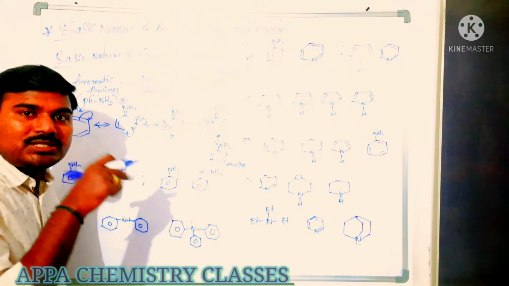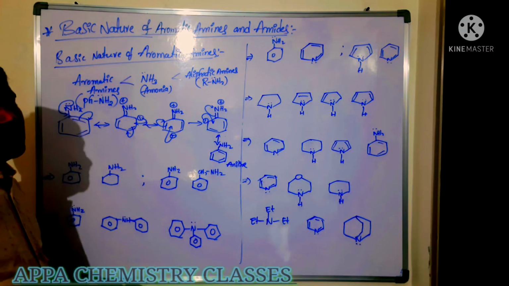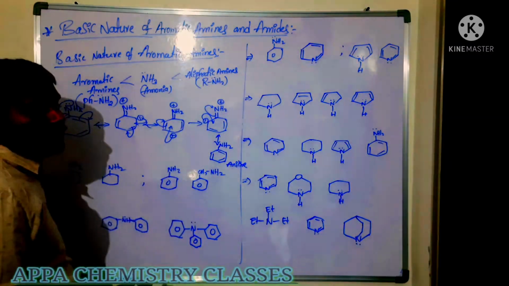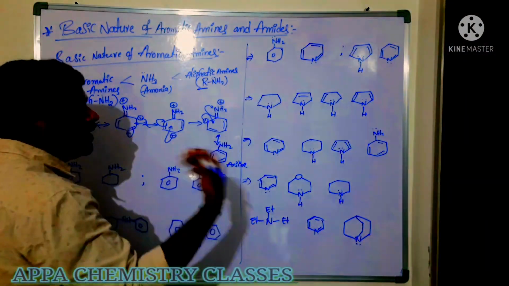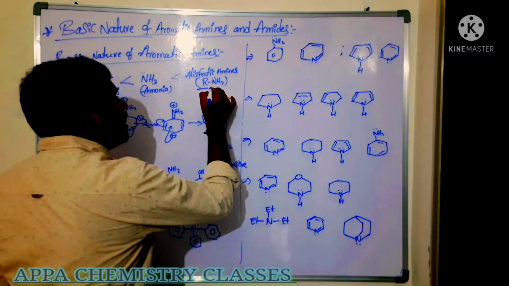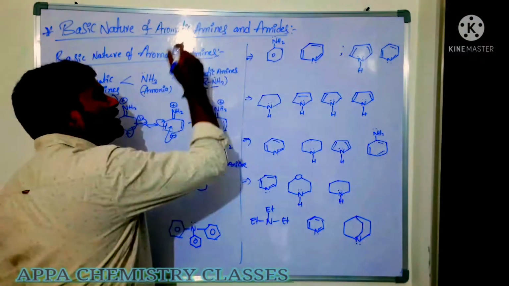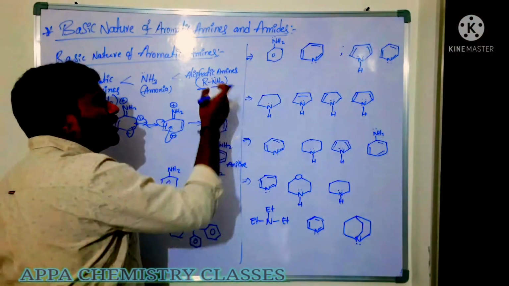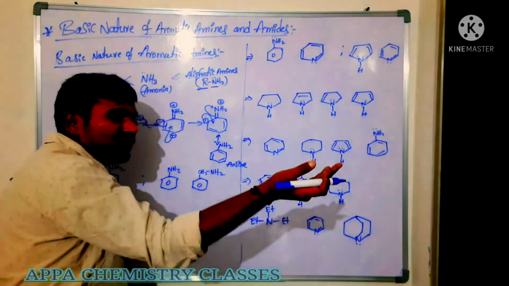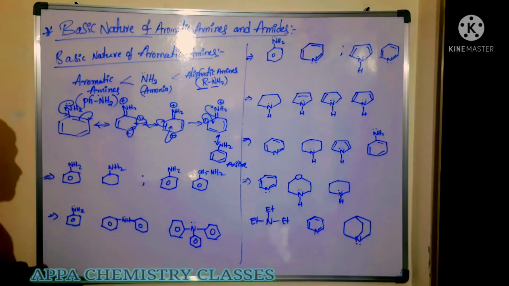Now you see here, the nitrogen containing the lone pair of electrons, is that free or is it involved in delocalization? It is involved in delocalization, so it is not donated easily. Whereas you can see here ammonia, which does not have any groups, so it can easily donate. But here the alkyl group is an electron releasing group, which releases electrons to this nitrogen. So the alkyl group increases the electron density on the nitrogen. Whenever electron density is increased, that nitrogen can easily donate the lone pair of electrons. So it has more basic nature. Is that clear, everyone?